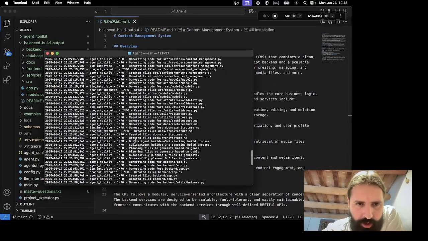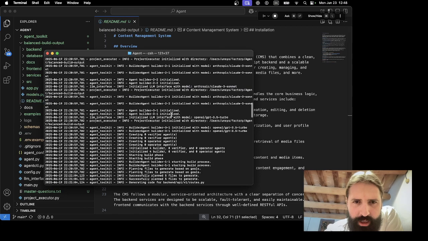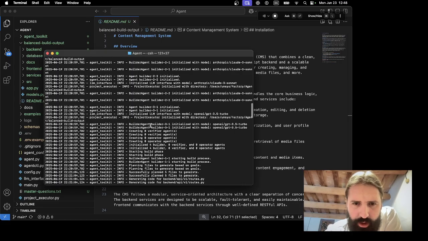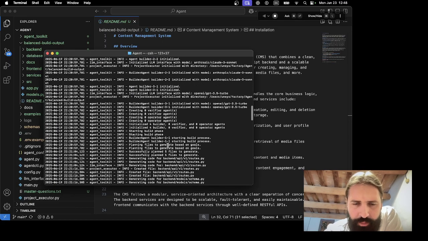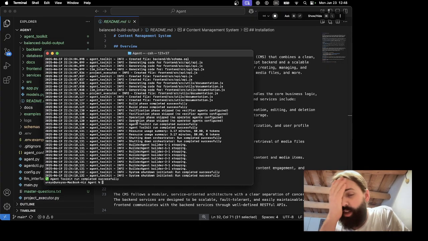these were kind of like project executor, create a file, agent toolkit, builder, agent builder 2.2, system apply 5 files to generate. I mean, it's not really nice. Builder 1.1, 2.1, initialized, 2.1, 3.1, initialized. So I kind of want to play with a